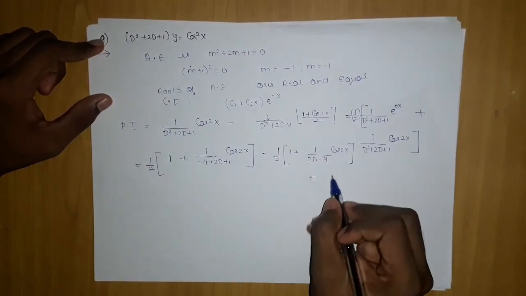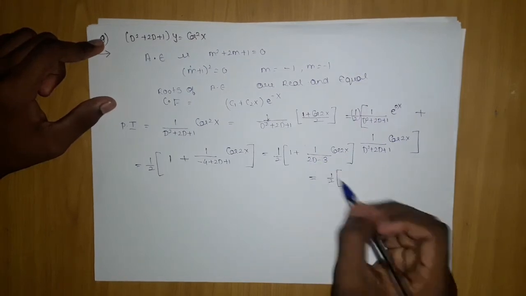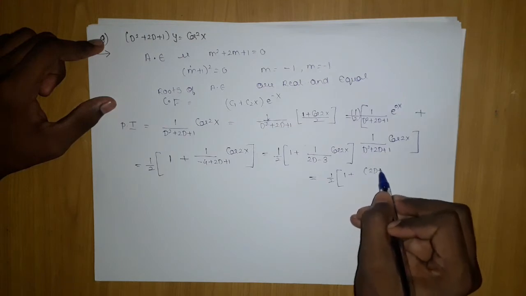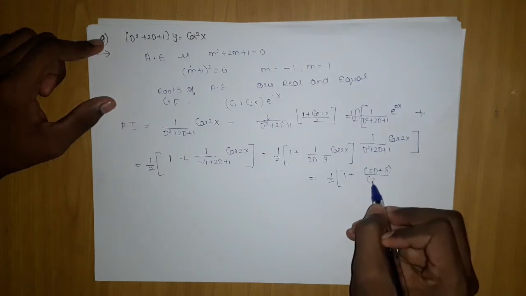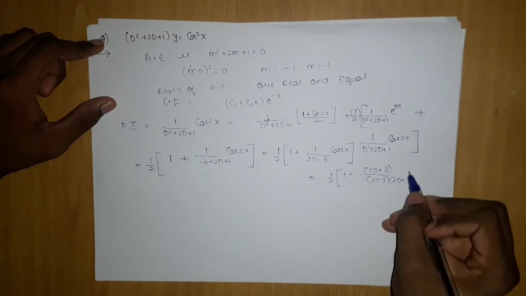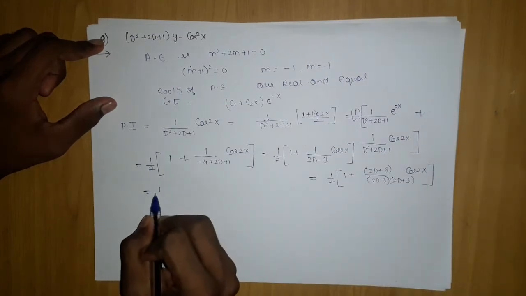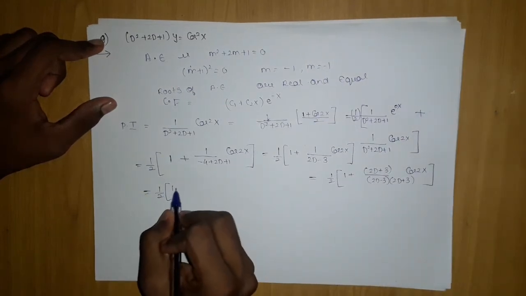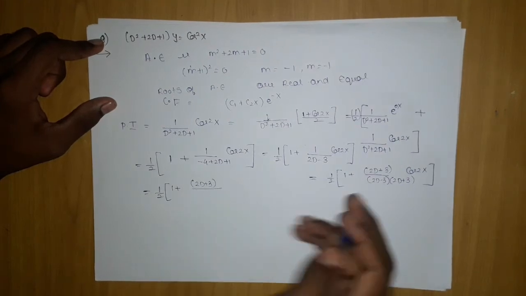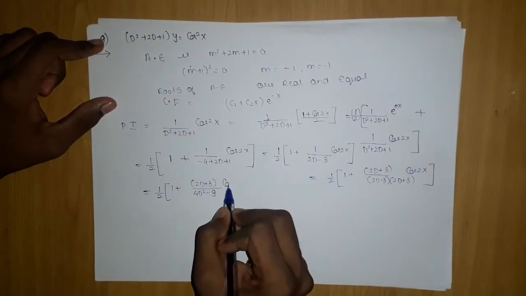After getting this, we are going to focus on getting a d square. What we do is rationalize to make it d square: (2d plus 3) the whole upon (2d minus 3) into (2d plus 3). Agree? After this, cos 2x will be there. 1/2 will be here only, 1 plus cos 2x, and 2d plus 3 will be as it is. Our target will be to deal with this 4d square minus 9 into cos 2x.